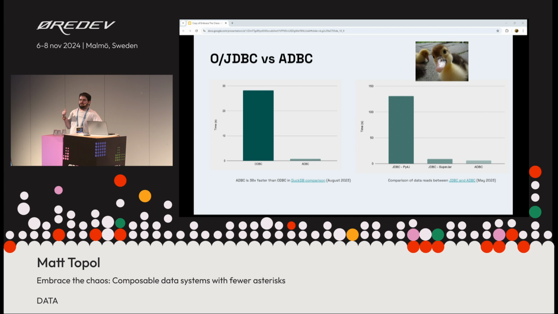This is the DuckDB example I mentioned earlier, showing the direct benchmark. And I really like this benchmark because DuckDB as an embedded database means that there's no network overhead here. This is insert a million rows, select a million rows, use ADBC or use ODBC, which means that we've isolated the cost of those transpositions, going from 28 seconds down to 0.7.